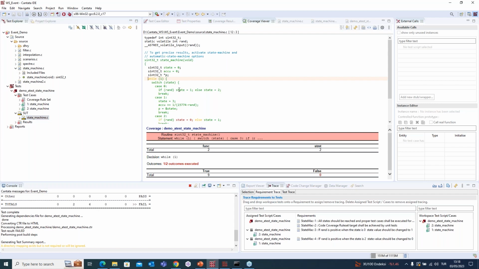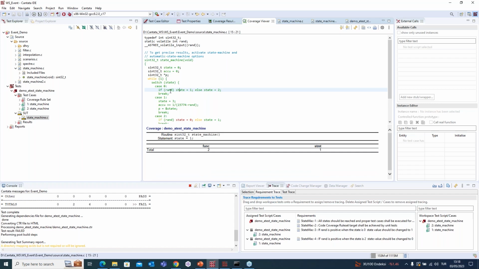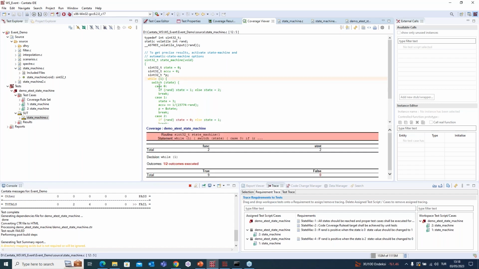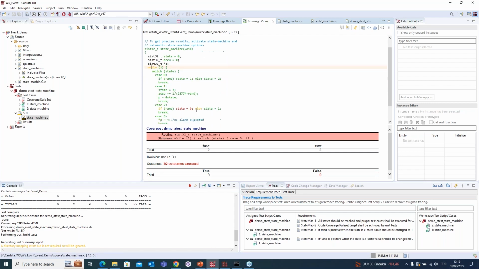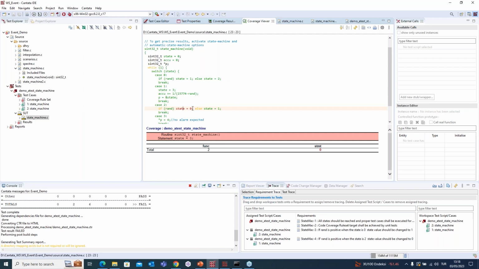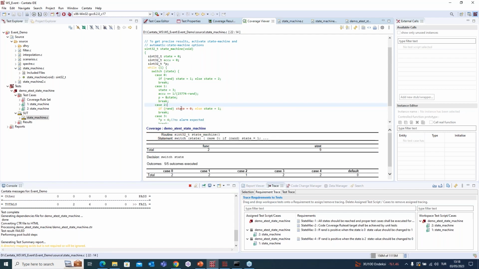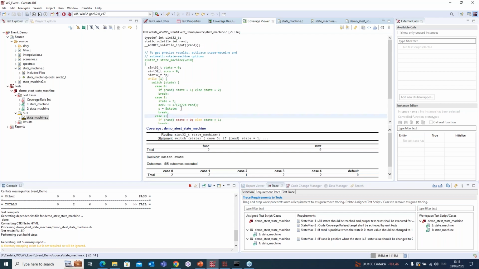Therefore, the green ones are covered by Cantata, and the yellow ones are partially covered. As you can see, only one of the 2 outcomes executed. And here, Cantata says it is not covered because by design it is not reachable. Of course, this is a design defect that we introduced on purpose.